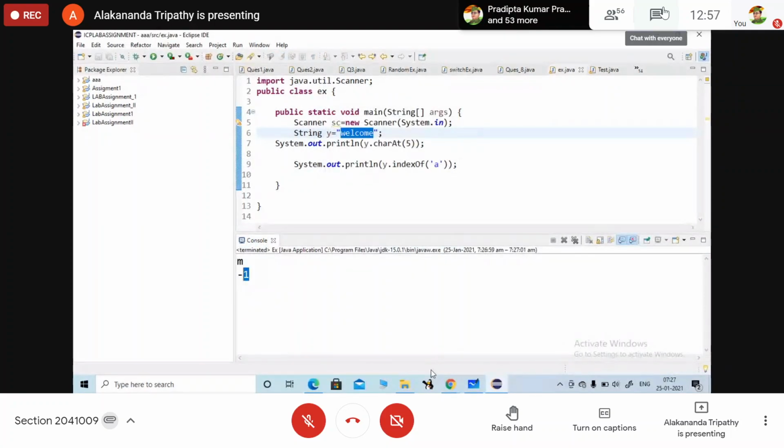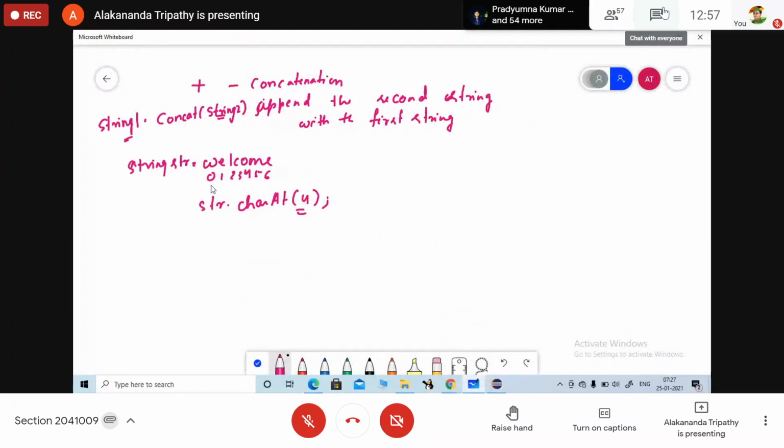Yes, ma'am. Okay. Ma'am, why -1? Because the index location of the characters in a string starts from where? From 0. So if that particular character is not present, instead of false, what is the value it is returning? -1.